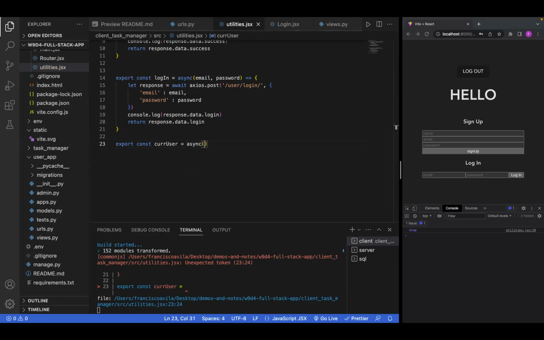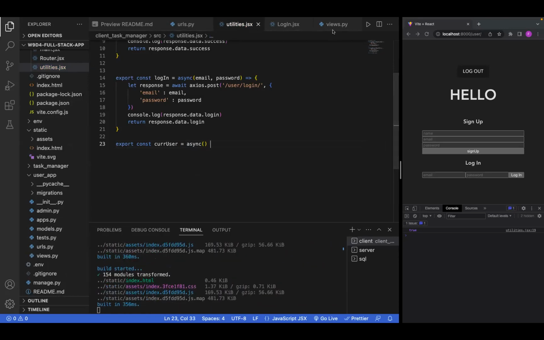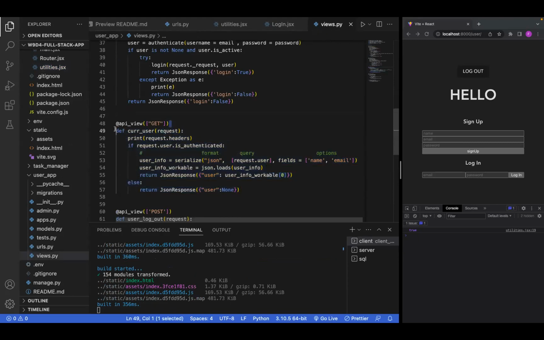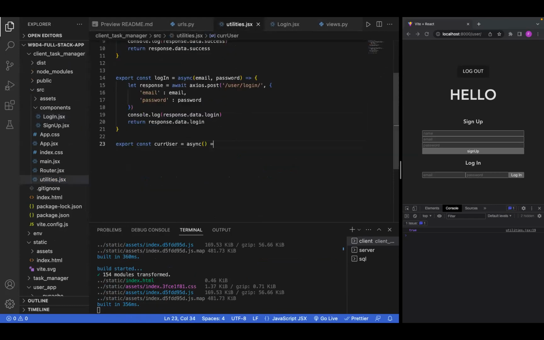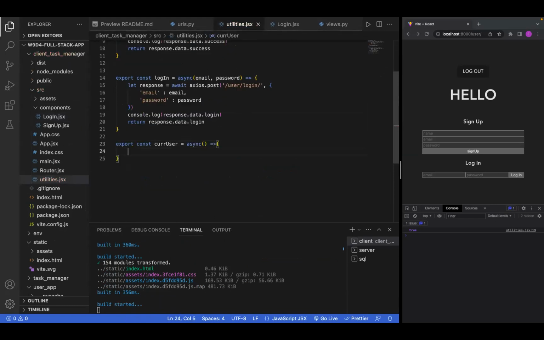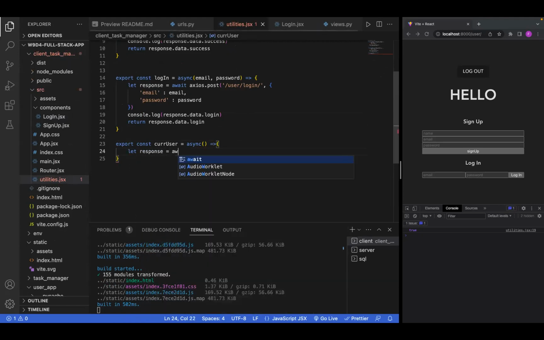So let's turn it into an async function. In this case, if we look at our views, what type of request is current user taking? Get. Yeah, so we just want a get request. So let's go into our utilities, create our function. All right, and let's say let response equal await